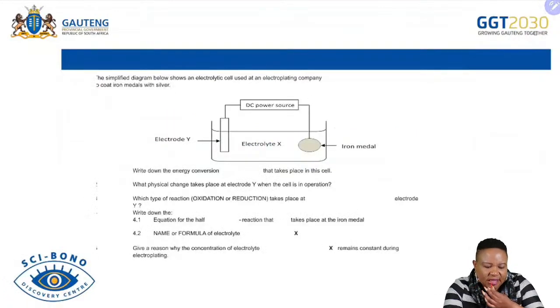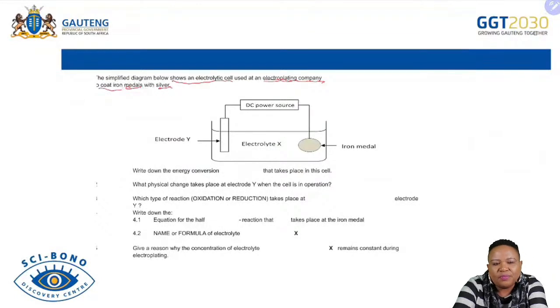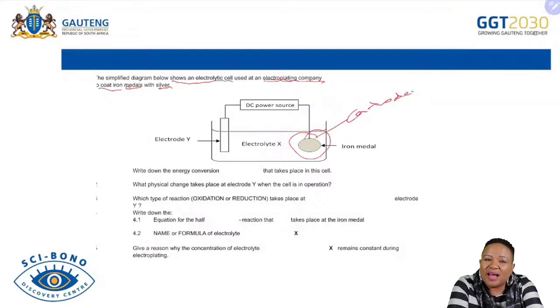Now here is another diagram. Let's look at the simplified diagram below. The simplified diagram below shows an electrolytic cell used at an electroplating company to coat iron metals with what? With silver. So what do we want to coat? We want to coat these iron metals. Now the first thing is, where are we going to connect our iron metal? We expect to connect our iron metal at the cathode because that's where reduction will occur, and that's where we are going to find our